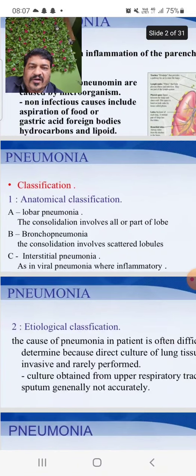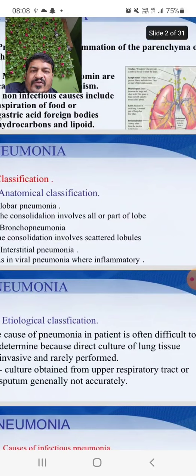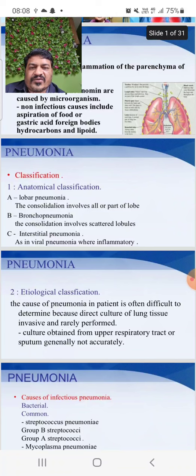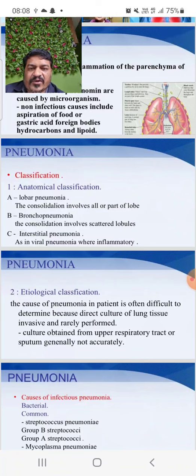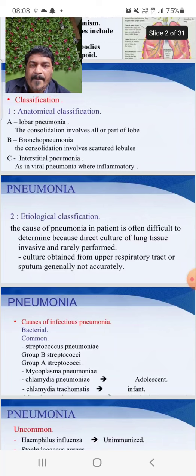Pneumonia, again, the etiological classification. The cause of the pneumonia in patients is often difficult to determine because direct culture of the lung tissue is rarely performed. Culture obtained from the upper respiratory tract or the sputum is generally not accurate. The causes of infectious pneumonia,